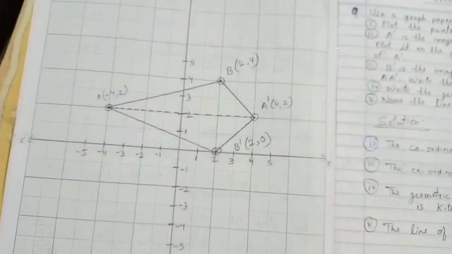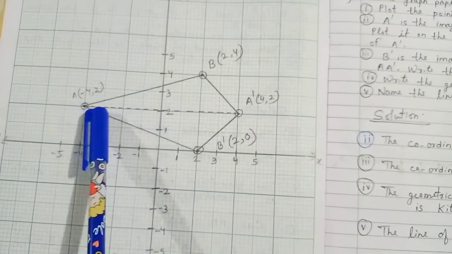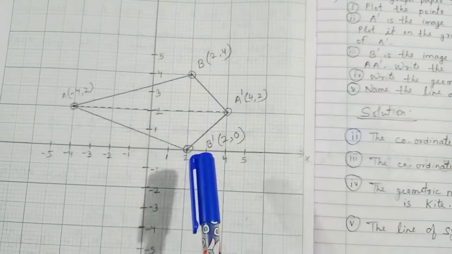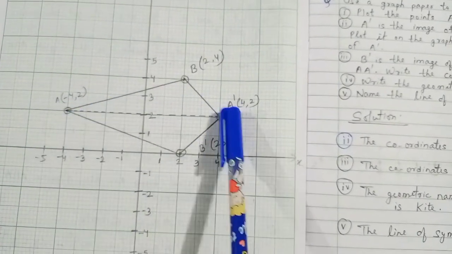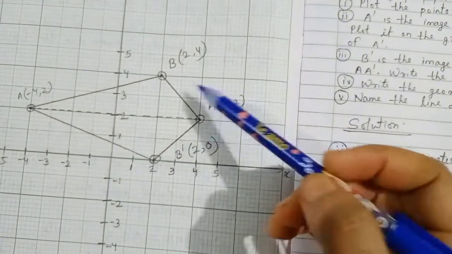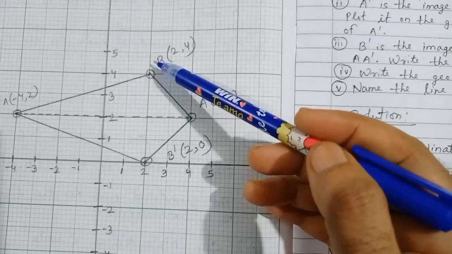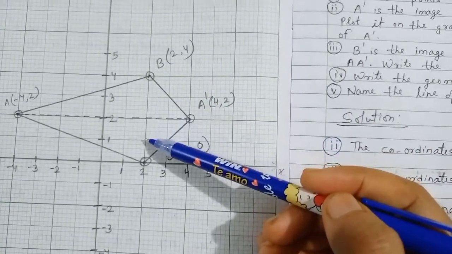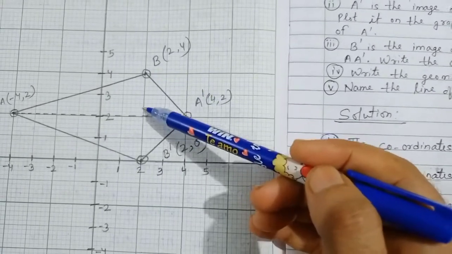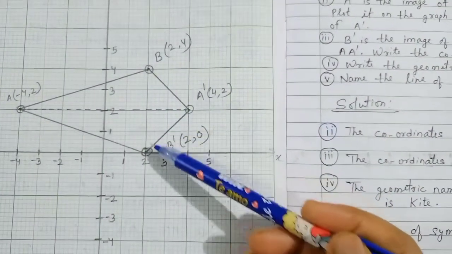It should be reflected in A dash. That means first of all, A is here, A dash is here. So you make an imaginary line. Now this B will jump over this A dash. So when it jumps A dash from B to B dash, what will happen? You have to first check. It is 1 unit, 2 units up, so it will also come 2 units down. So a point 2 units up from A dash will come 2 units down.